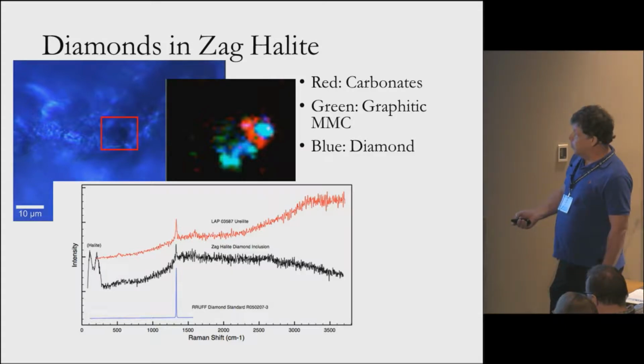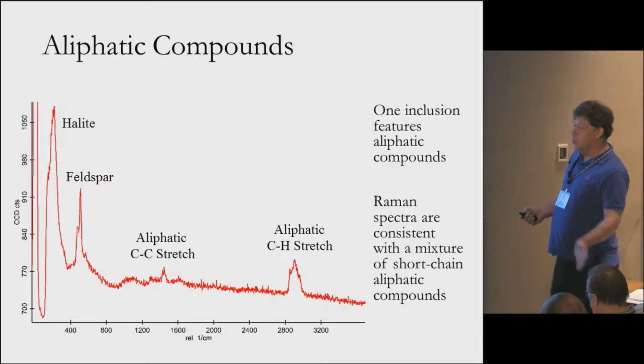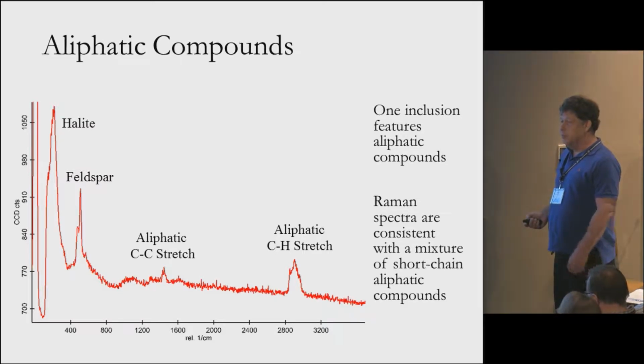Definitely diamond, this is the Raman spectra. It's definitely these different little diamond grains, not something else. We see lots of aliphatic compounds. I'm not an organic chemist, so I'm going to blow through this. I just want you to know that these samples are available for analysis, and it's happening at a very slow